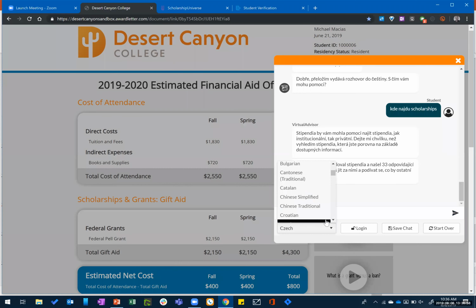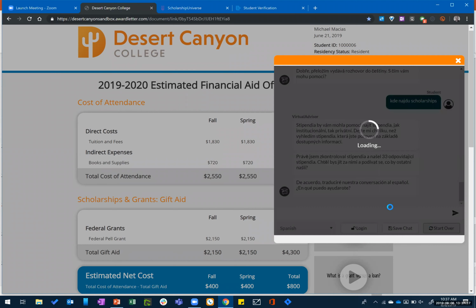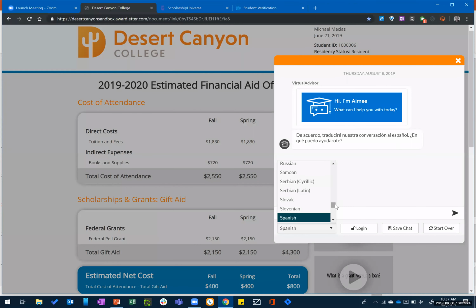And I can go into other languages, right? So everybody is always interested in Spanish, so I can switch to Spanish, etc. And so on the first time in, or the first message from the text messaging, the bot is going to determine what language will be best for me, but I can manually update it at any point in time. So let's just clear here, and, oh, I always forget to change back to English now. I'm going to tell it, let's go back to English.